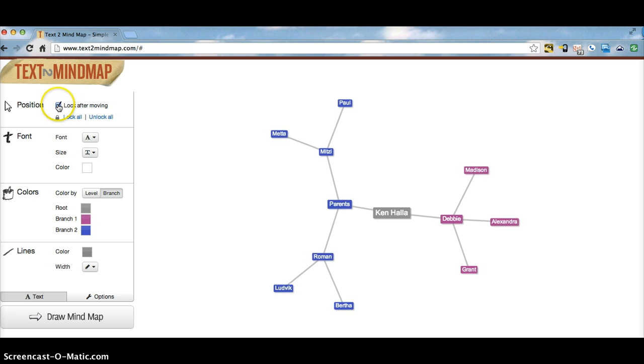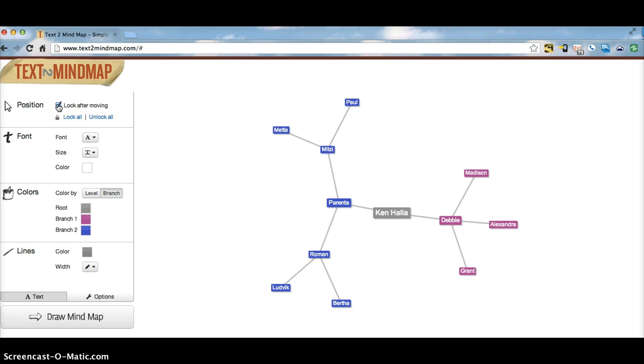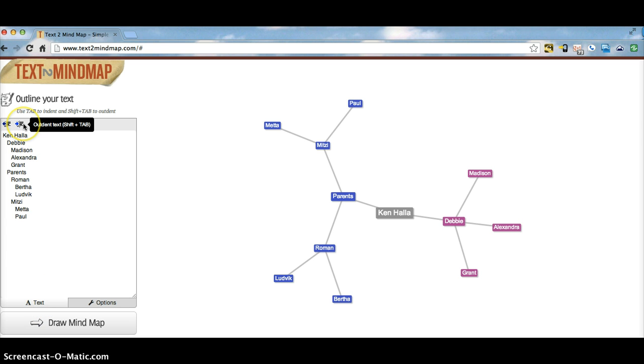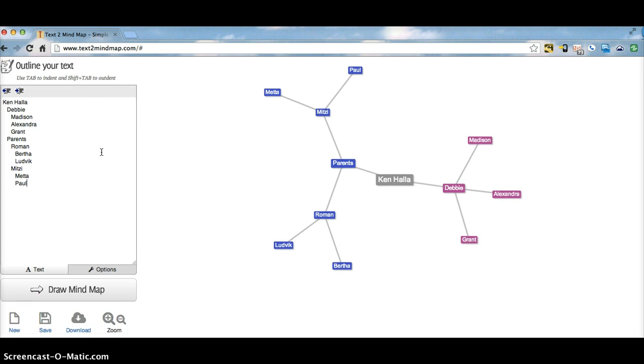And you can lock after moving, which means right now I can move it around, or I can unlock them all. And then of course if I want to go back to the text, I can just go there, and I can keep indenting, or I can go back if I want. And so very simply you can create a mind map, or your students can create a mind map,